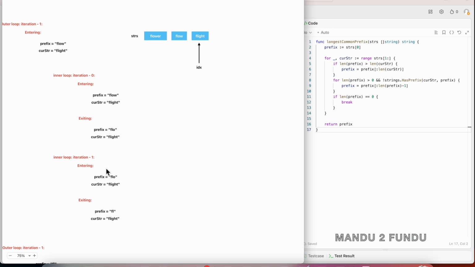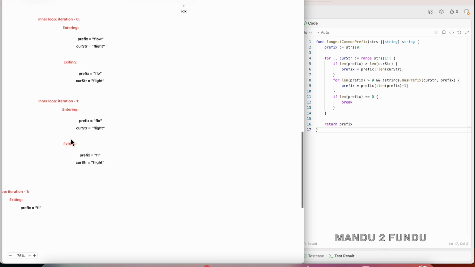And then in the next iteration of the inner loop, we check whether FLO is present in flight. It is not present, so again we hit this condition, we reduce the size, and the prefix becomes FL. And then in the third iteration we